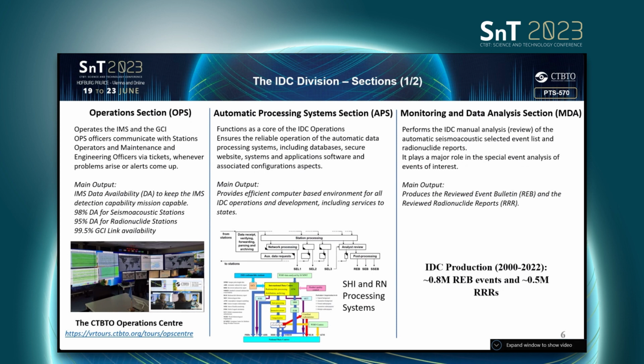The Operations section, called Ops, is performing the operation of the IMS and the GCI. This contributes to the provision of timely available IMS data for continuous automatic processing and monitoring of the work. The automatic processing system apps section provides an efficient computer-based environment for all IDC automatic and manual operations, including development